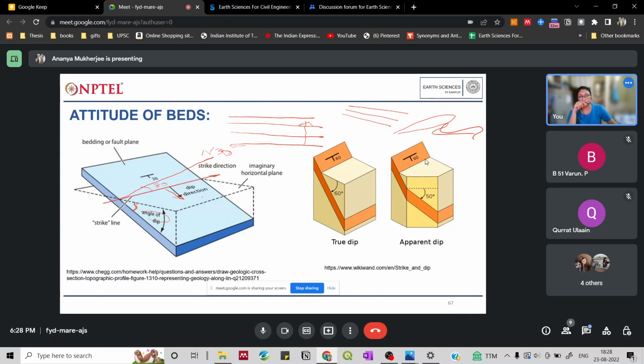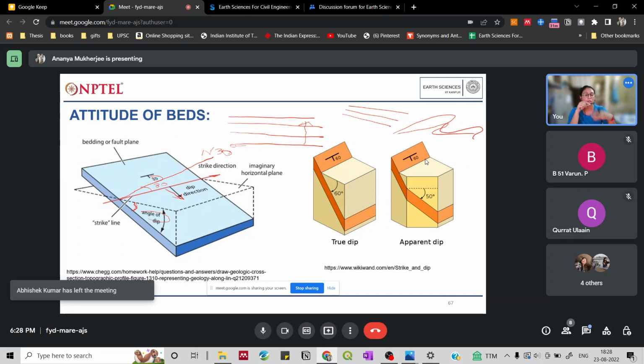Now we know the red line is the strike line. We understood the strike direction, north 30, and suppose the dip angle is also 30, and the dip direction is southwest. I'll tell you how we understand the dip direction, and you can mention which direction it is dipping in the later slides. So this is the strike and the dip of the bed,